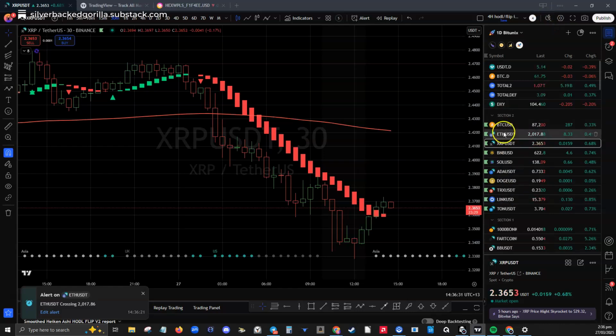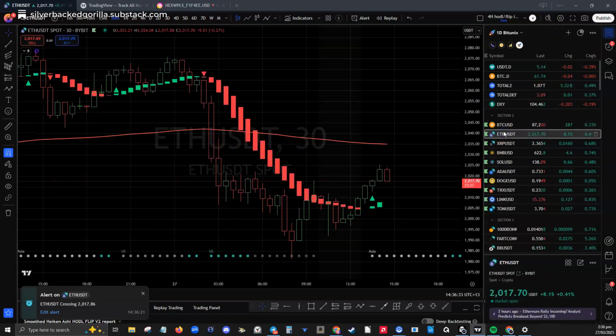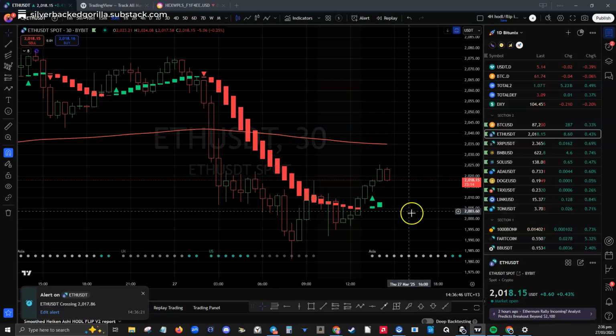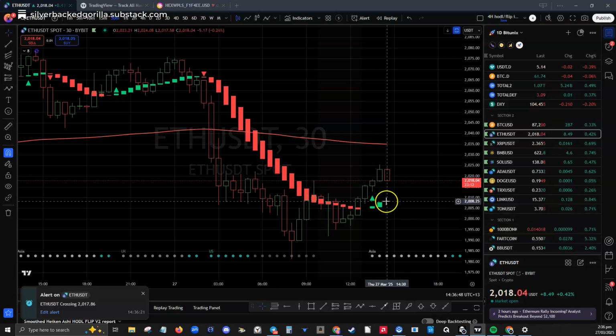Well, no, we got an alert on Ethereum to let us know it's pulling back. See now, Ethereum's pulling back. All right, so I'm gonna add Ethereum to the list. Okay, so we got XRP, Link, and Ethereum. Everything always happens at the same time because they all move together. So this is what happens. But we're getting a better entry.